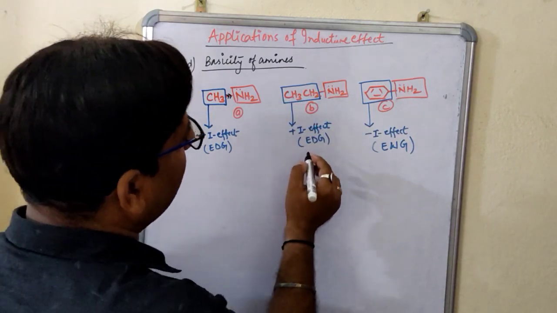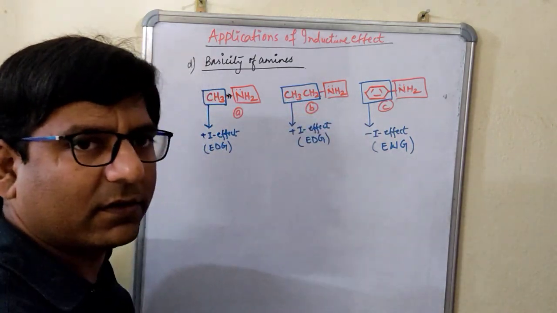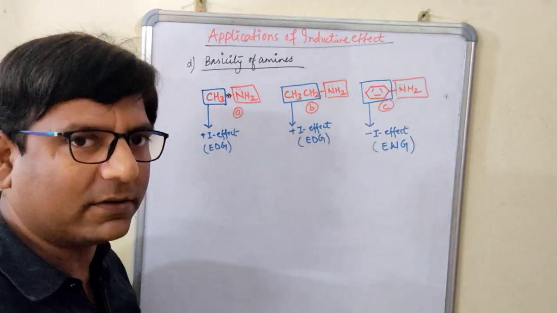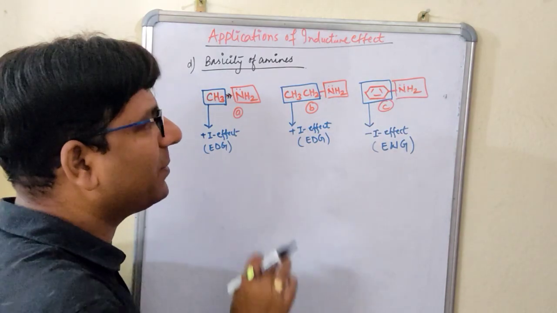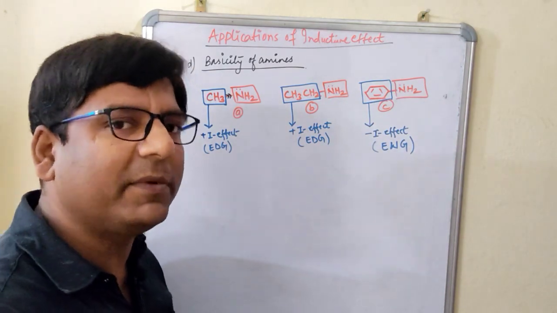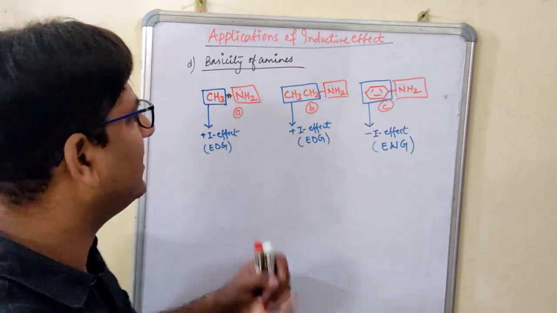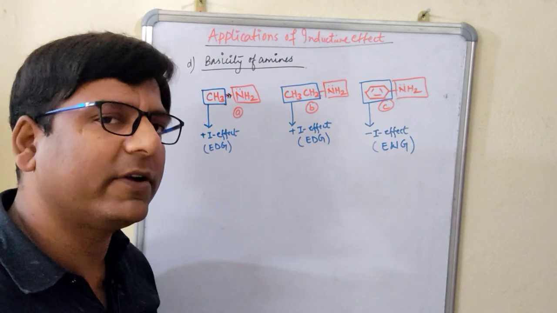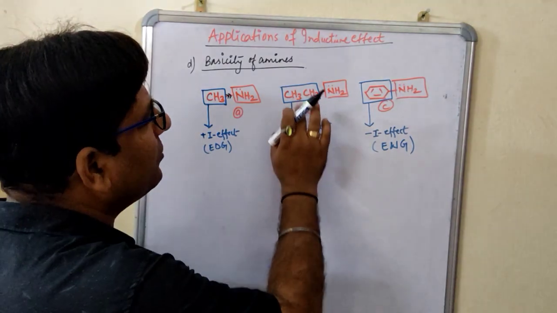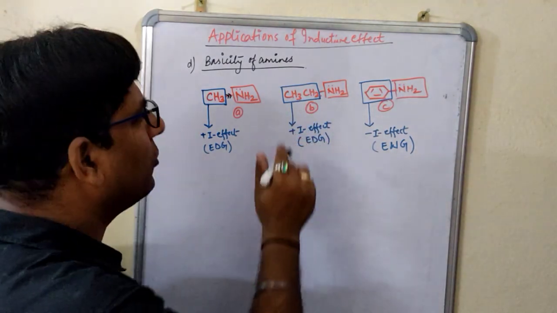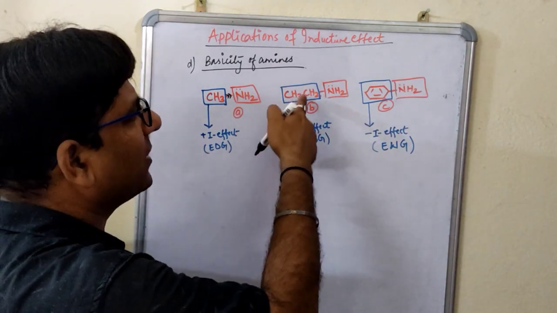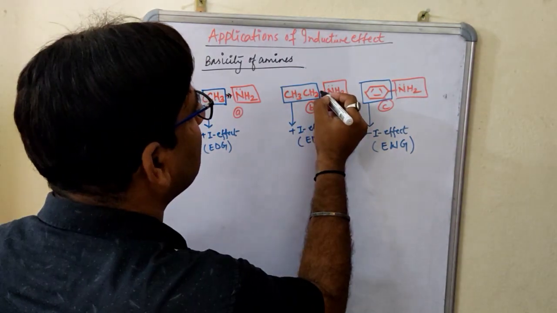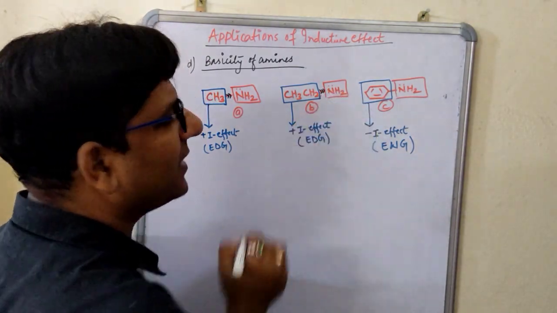In this second case we have what? CH3CH2. Right? As I have told you in the previous application, the more the number of carbon atoms in the alkyl group, the more will be the magnitude of the plus I effect. Now when you see this one and this one, both are plus I groups and both are electron donating groups. But the magnitude of the plus I effect will be more in what? This one. Why? Because it has two carbons, CH3, CH2. Right? Now it will also give the electrons to this nitrogen.